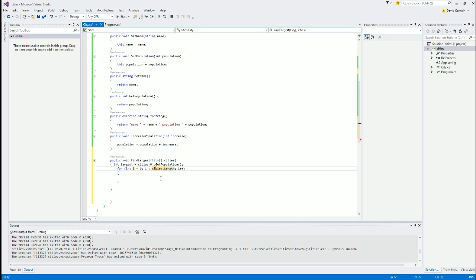Yeah. So that's the cities dot length. So for as long as cities going, in that we can go if cities. And then you have to remember this. This is a very important thing for the exam. If cities I dot get population, remember the curly brackets, is larger than largest,